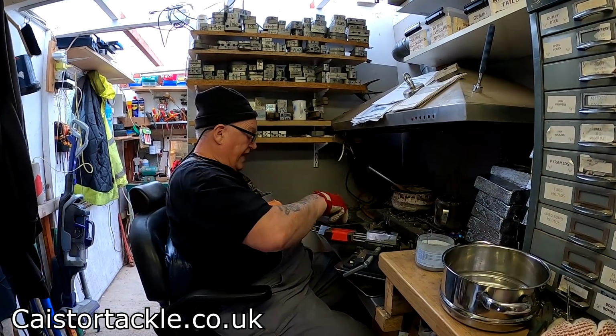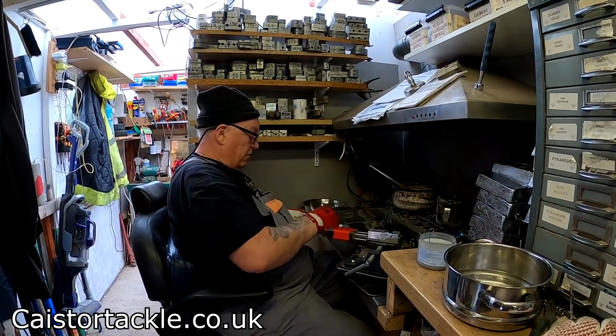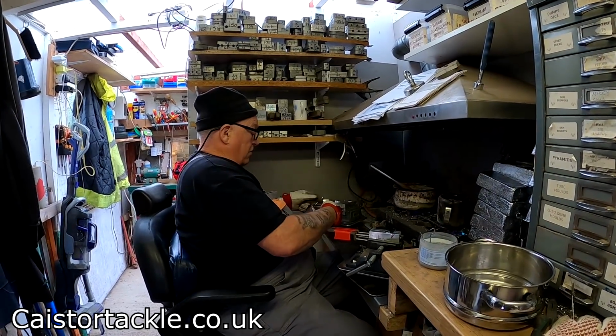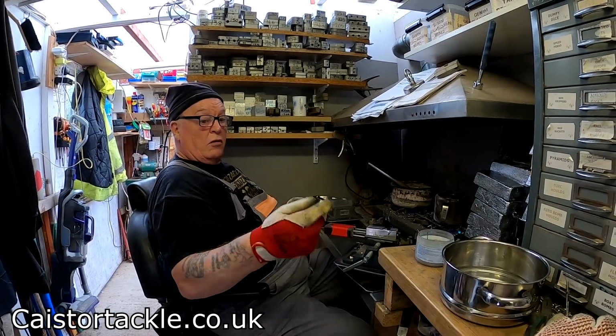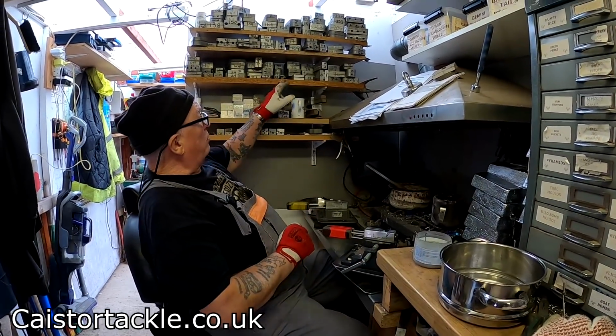These moulds with the handles on, I had to put the handles on myself. They're a lot easier because you can get away using gloves, whereas for the other moulds I have,